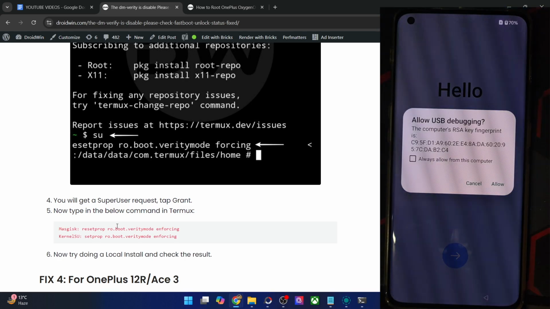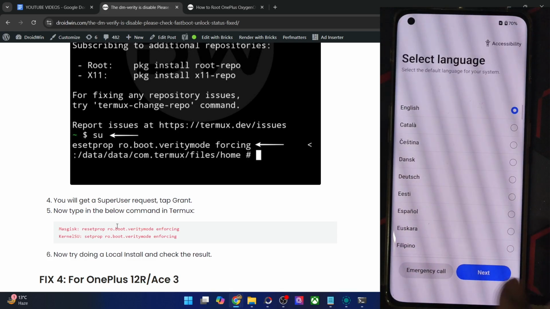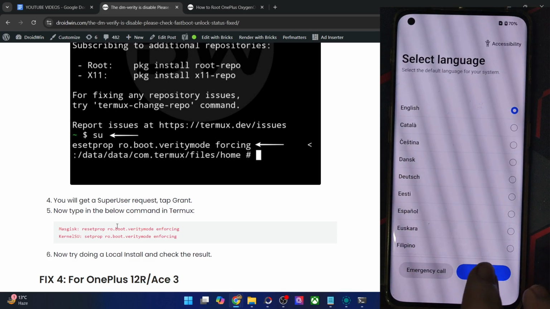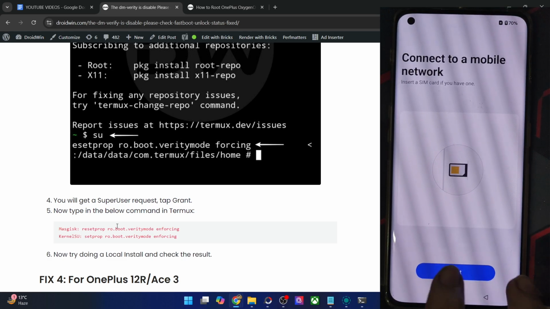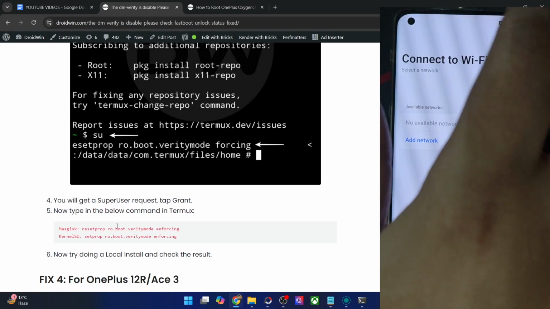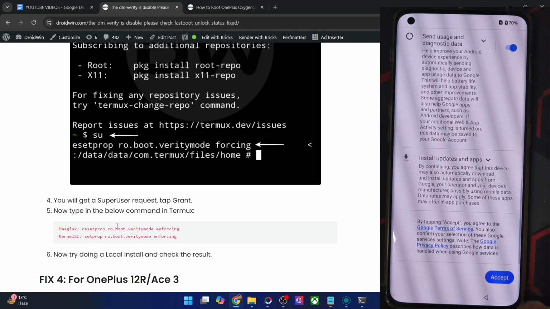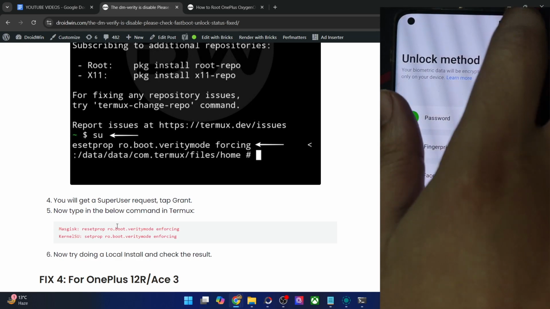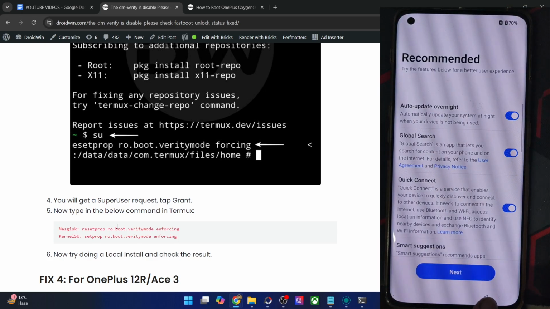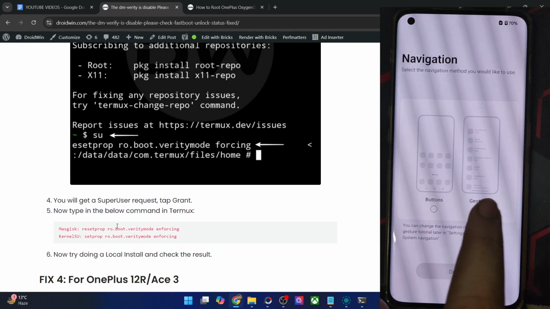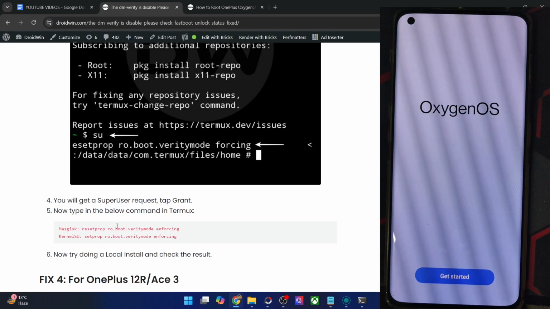So guys, with this, we are now inside the OxygenOS 14. Let's quickly set up the ROM and then check out the OS build once again. It will take just a few seconds. I am as of now skipping all the stuff so that the boot up is fast. You may connect your phone to the Wi-Fi, link up your Google account and restore all the data. But for now, I am skipping all of them. So let me accept the terms and conditions. Let's go with the gestures. And with this, we are now inside the OxygenOS 14. Let me show you once as well.